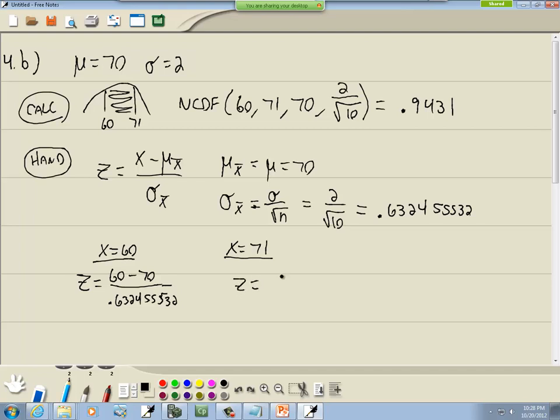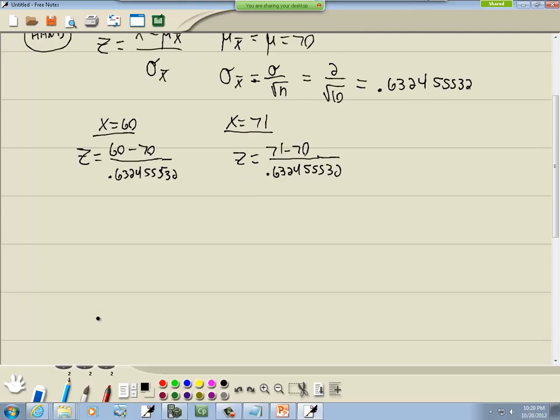And this one will be 71 minus 70 over 0.63245532. Now, since I'm going to have to use that 0.6324 a couple different places, what I'm going to do